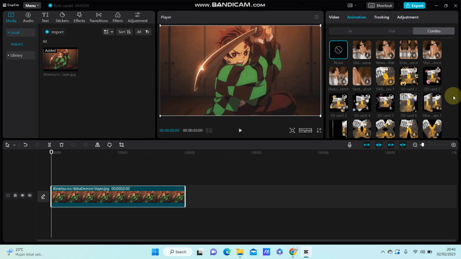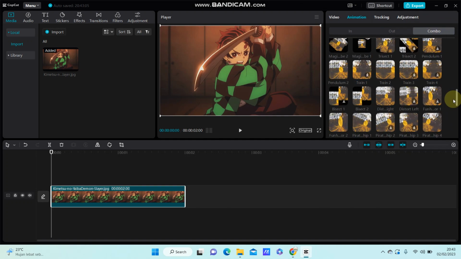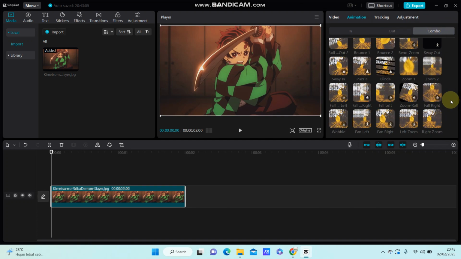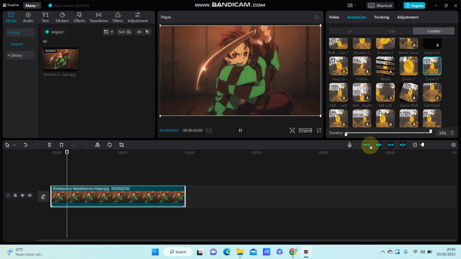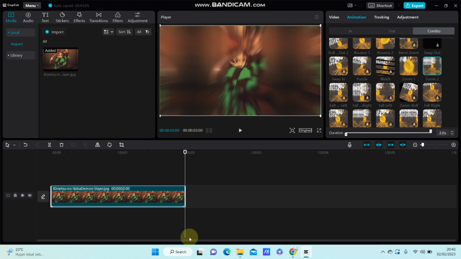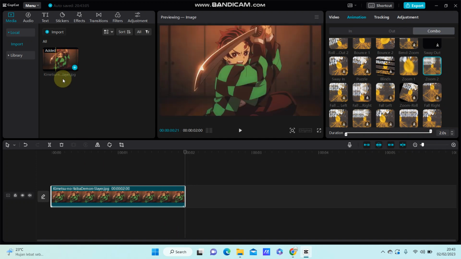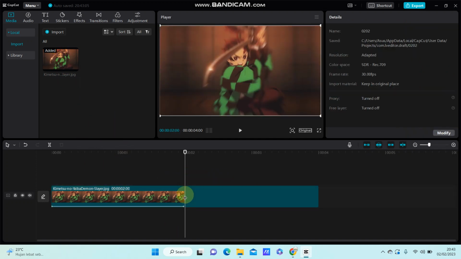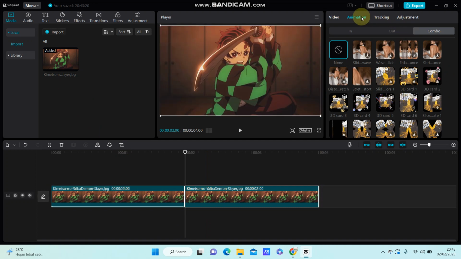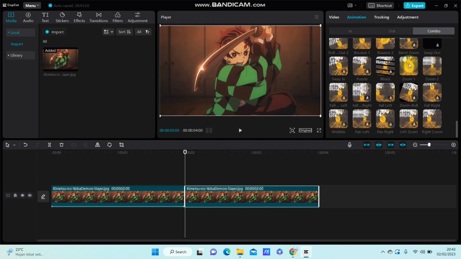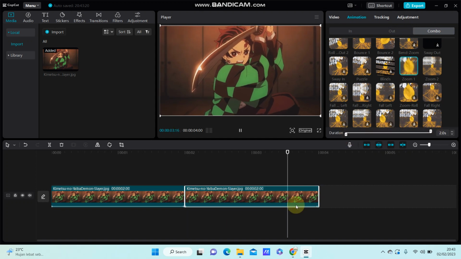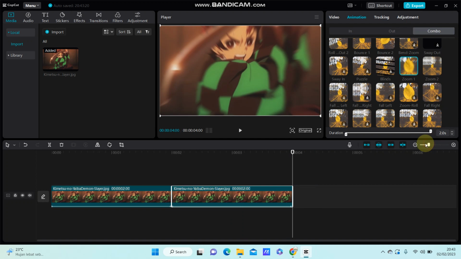Select combo animation, select the zoom to and adjust the duration until full, and add the same image and go to animation again, select combo and select zoom 1, just adjust the duration until full, and select the clip,